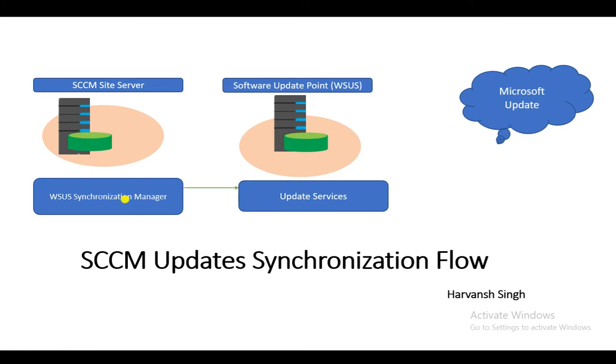So let's see, once we click in SCCM to run the synchronization, basically it will trigger an alert and send it to WSUS. Then WSUS will reach out to the Microsoft cloud, that is the Microsoft catalog, you can say, to check the latest patch list. When WSUS reaches out to the Microsoft Update Catalog website, it will scan there, and if it finds any missing patches which are not available in WSUS, it will download the metadata and keep it with WSUS.